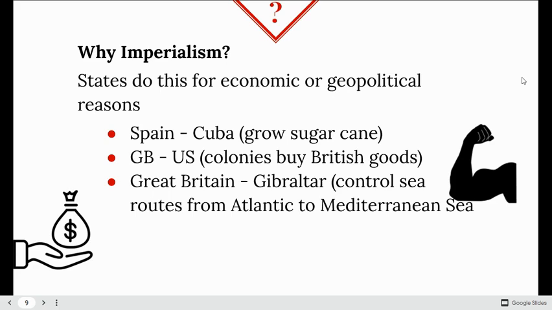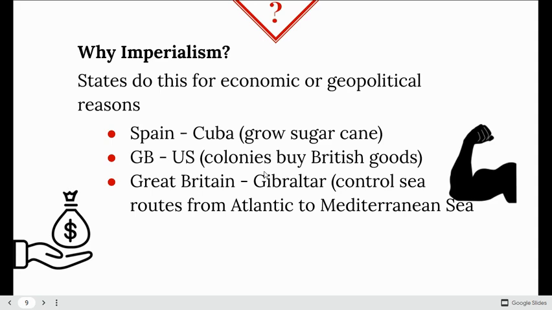Great Britain controlled the U.S. colonies before we became independent, and that was about economics, because then the colonies can buy the stuff that the British are making, right? And they can make money off of the colonies that way. Geopolitical means there's something strategic about that particular place, their location. So the example we have for geopolitical reasons is Great Britain controlled